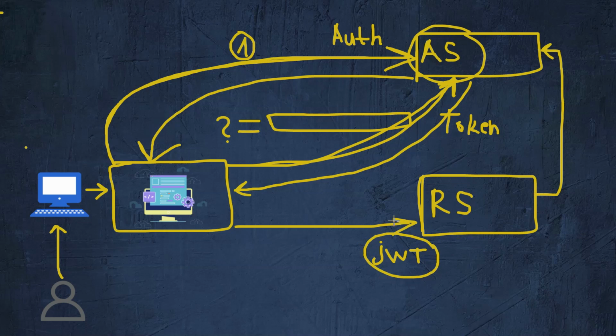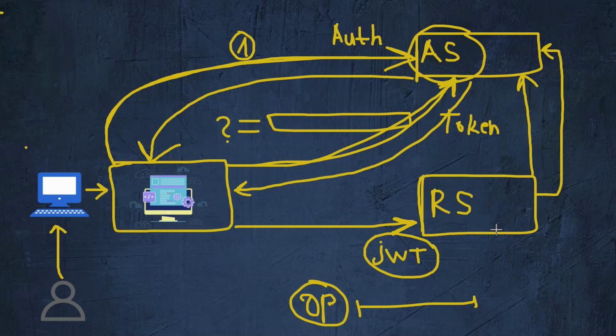On the other hand, if we use an Opaque token, short Opaque, I'm going to write it like this. This token is going to have a short structure. It is going to be a hash. And in order to extract the information, we would need to call the authorization server on each call to check the token. So it is not self-contained. It is just a short string of 32 to 64 characters. And with that, we are going to call the authorization server and then allow the further processing of the request,